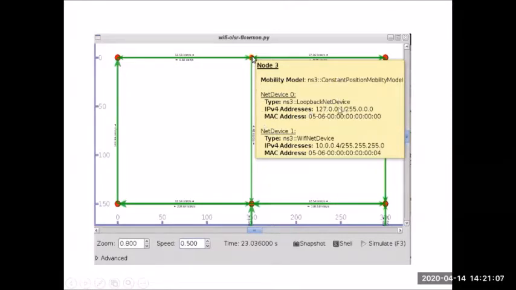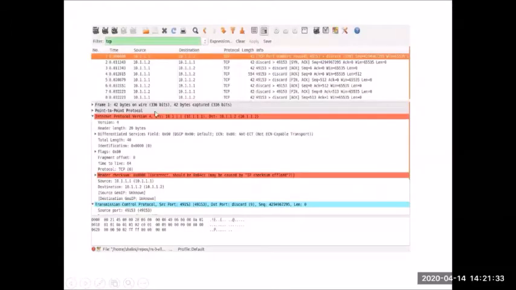Its IP address is shown, its MAC address is shown, even what type of network device it is is shown. So net device 1 is a Wi-Fi net device. Net device 0 is a loopback net device. Anyway, we'll study little details of this in theory. So this is another network animation tool to check the output.